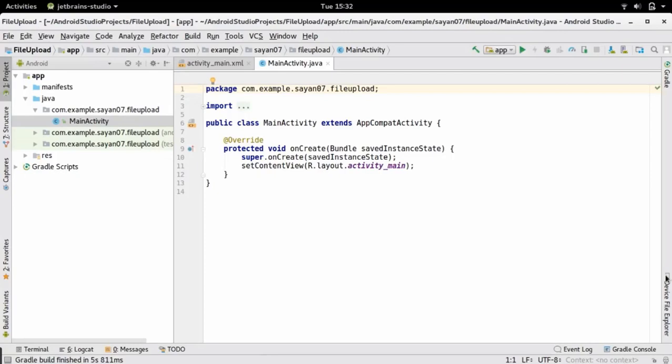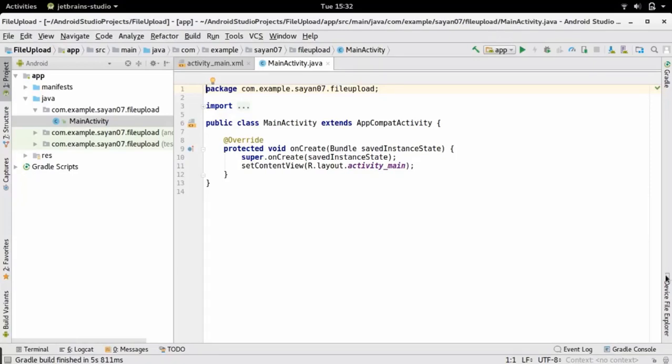Our project has completed building, and as I already said, in this tutorial we are going to write PDF files to Firebase. After watching this video, you will be able to write any kind of file. It may be images, it may be doc, or any kind of file. Our first task will be to connect Firebase to our application. It can be done in a very simple way within Android Studio.